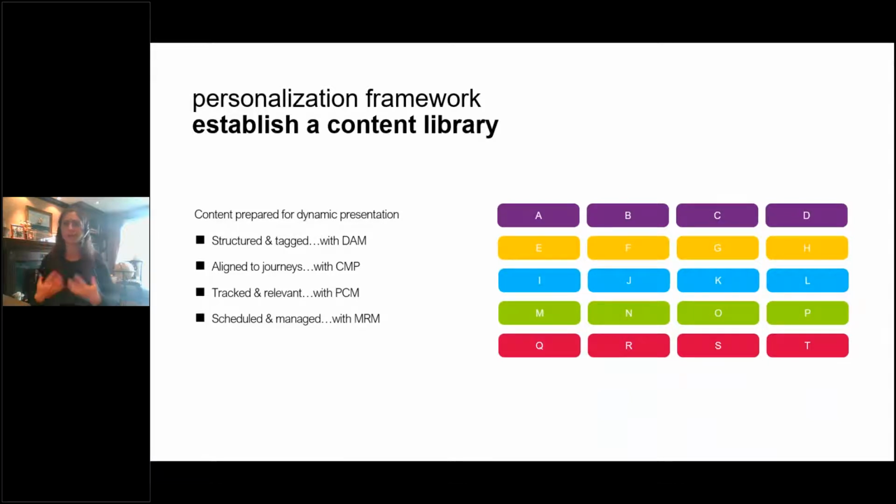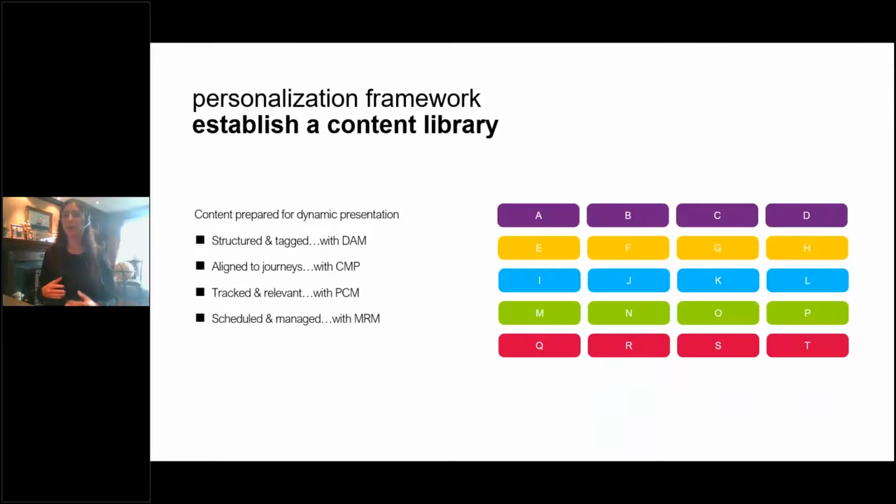And so we use the Sitecore DAM solution to structure and tag the content. We use CMP because we want to think about how this content aligns to the various journeys that we've mapped out, that we envision, that we see in the data perhaps. We want to make sure that the data and the content is always tracked and relevant so that there isn't that question of, is this the right piece of content? We know it's the right piece of content. We know it's been approved. We know that it is structurally sound. It fits the technical requirements. And then lastly, we want to make sure we're scheduling and managing personalization along with content schedules. Personalization should be treated not as a cumbersome stream, but certainly as an independent stream that has a lot of